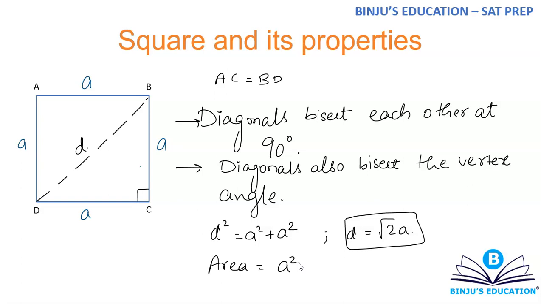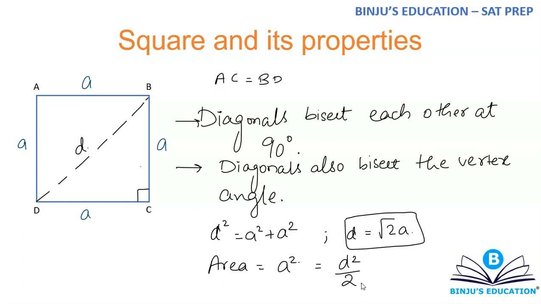If you want to do it with the help of rhombus formula, that is diagonal 1 into diagonal 2 divided by 2, in this case both the diagonals are equal. This will become D square by 2. Either way you can do it. So square is fairly simple. And out of the four things that we have discussed, that is a normal parallelogram, a rectangle, a rhombus, and a square, square is the only regular polygon.